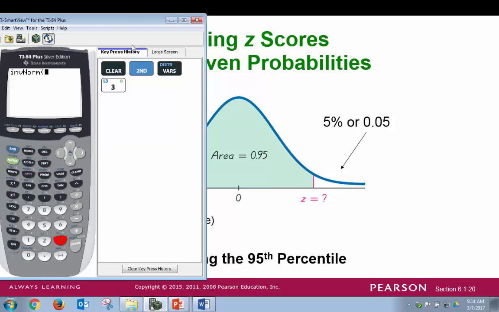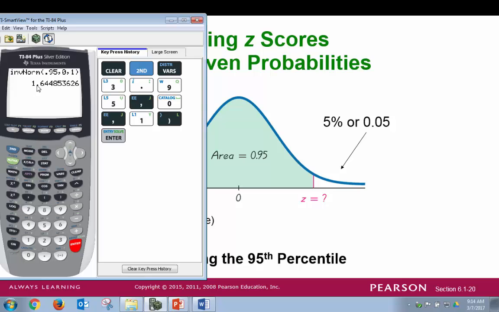Now the inverse norm function takes the area to the left side of the z-score that you're looking for. So the z-score that we're looking for is the z-score that separates the top 5%. Now the left side is the bottom half of that, which is a 0.95 area. So let's put 0.95 as our argument for the inverse norm. Just like the normal CDF, it would be good to remember to put your mean, which is 0, comma, and your standard deviation, which is 1. So if we close the parentheses and hit enter,